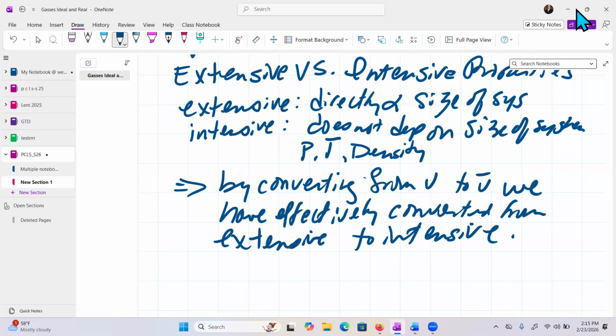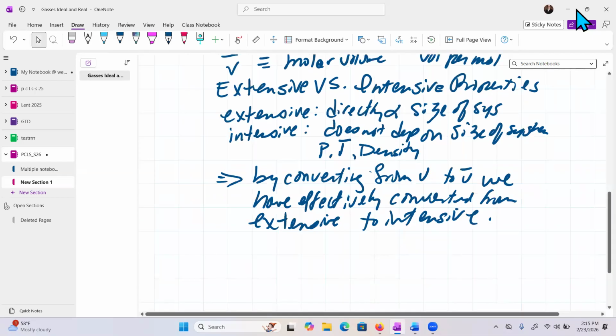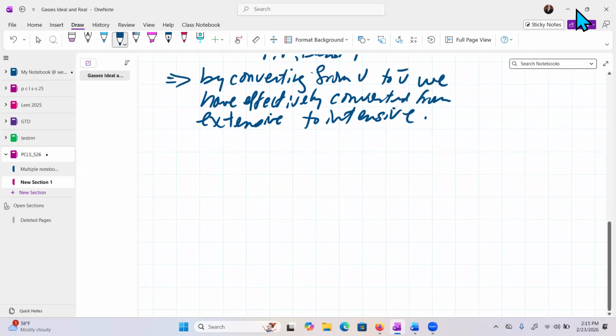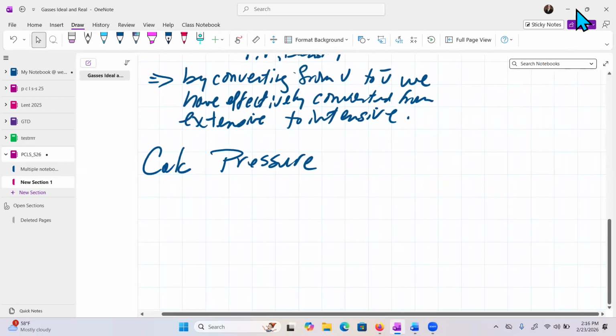All right, so that is the ideal gas and the molar version of it. The next thing I want to talk about is calculating the pressure. I mean, you just turn on the news, right? Look it up in the app. How do you get the pressure of something? We get the atmospheric pressure from the weather. Now, you may have heard of mmHg as units of pressure. So let's understand how we can actually calculate this.